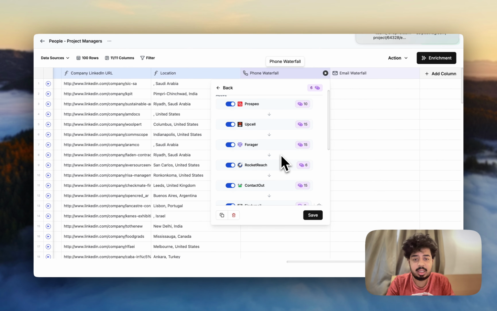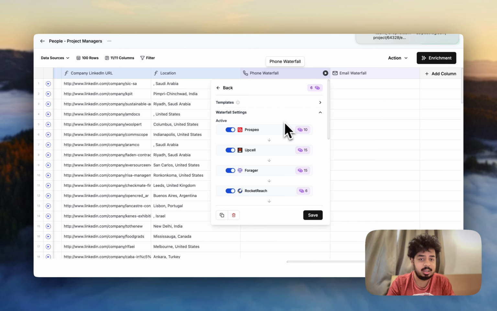And the basic logic that the waterfall follows is that it first checks the first provider, and checks if it retrieves the phone number and an email. If it does, great, you're charged for the provider. If not, it goes on to the next provider, and then you are able to get that email, and you will only pay for the provider that actually provides you the contact information. So it's a very lucrative way of finding contact information for any contact, and we have a feature wherein you